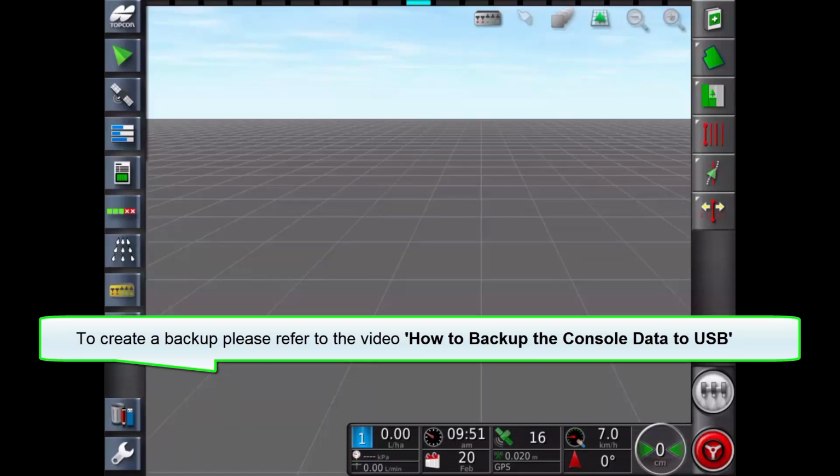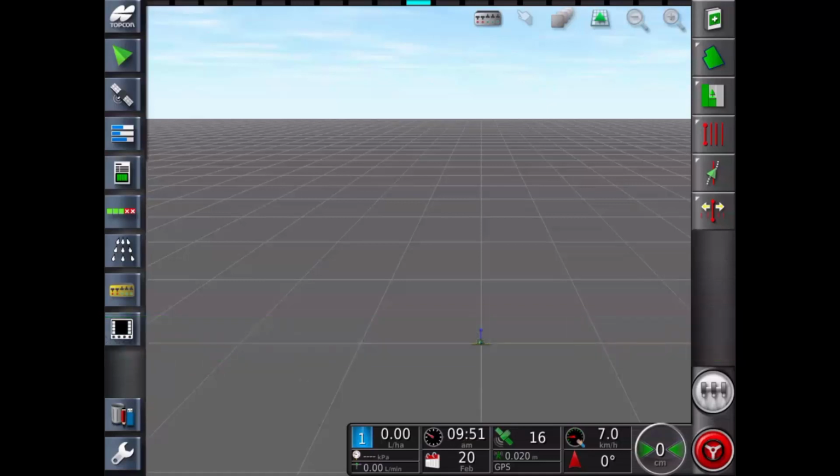To create a backup, refer to the video How to Backup the Console Data to USB. And that is how to import a backup from